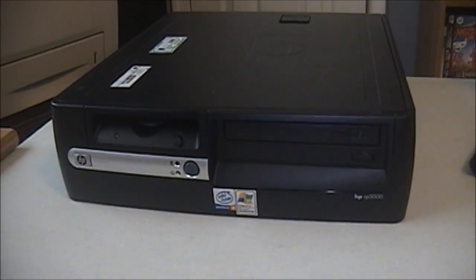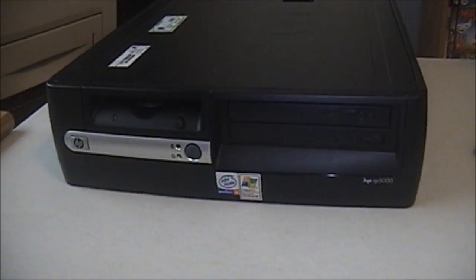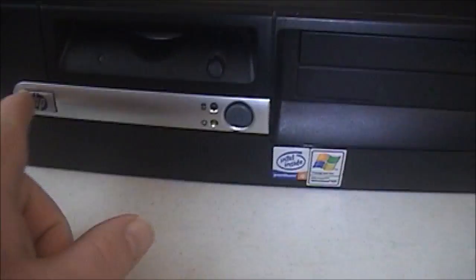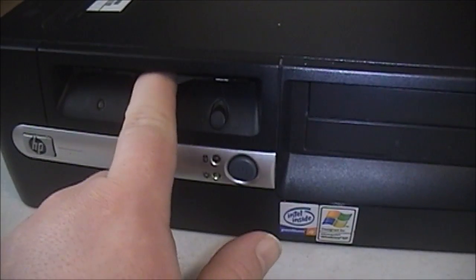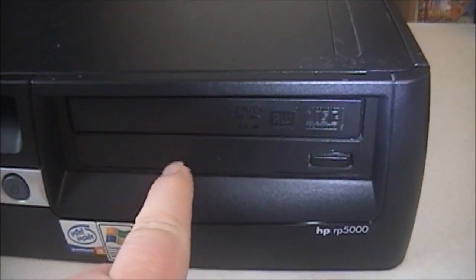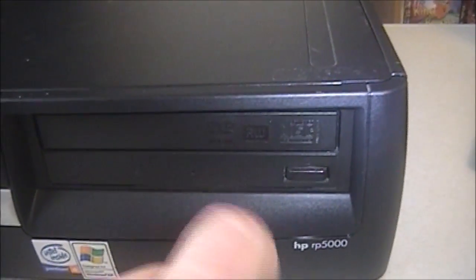I was actually a little surprised, because looking at the case, I assumed it was a little bit more modern than that. I was thinking maybe 2005, 2006. But as you'll see in this video, it is a very well-built computer. First thing, go over the front of the case. You can see it isn't Hewlett-Packard. This is your power button. You have your hard drive indicator and your power indicator there. Have a 3.5-inch floppy disk drive, which I have not tested yet, but I don't see why it shouldn't work. I did replace the optical drive. The original drive in this was just a DVD-ROM and a CD reader. I replaced this with a dual-layer DVD burner that I had sitting in the closet,